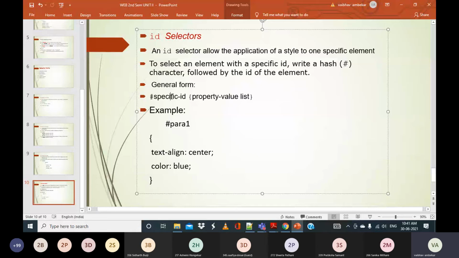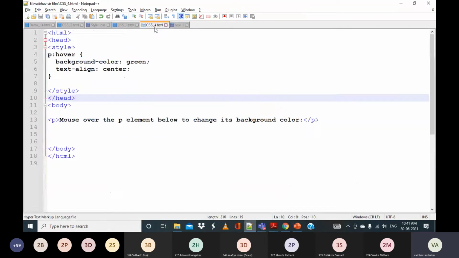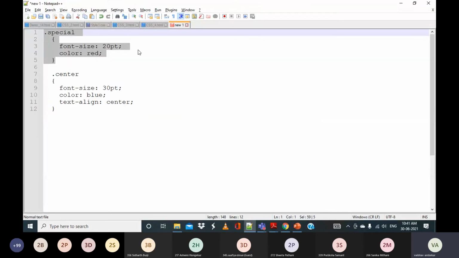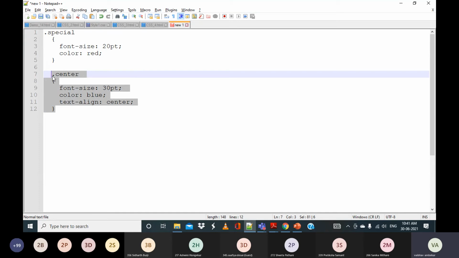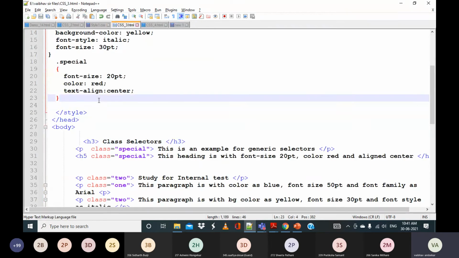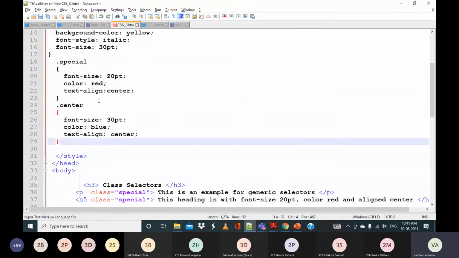So for example, if you take this, we have the ID selector here. I will take this one and put it inside this. How do we have to specify it?